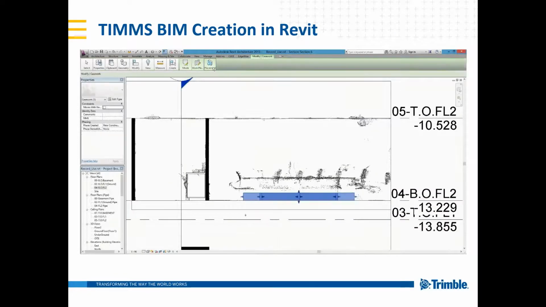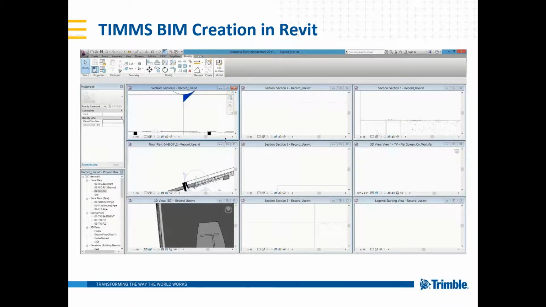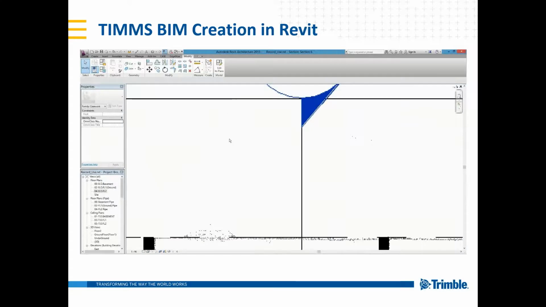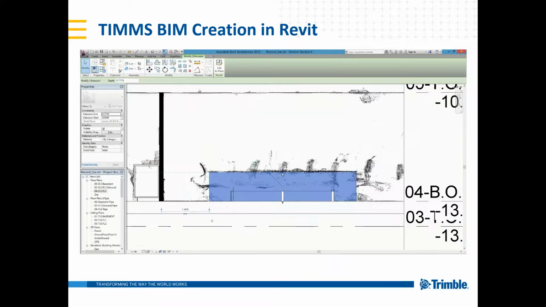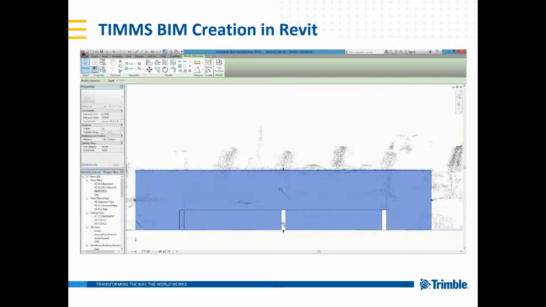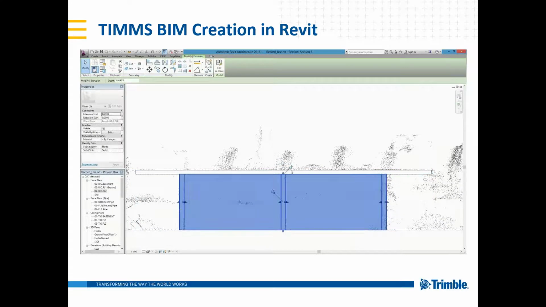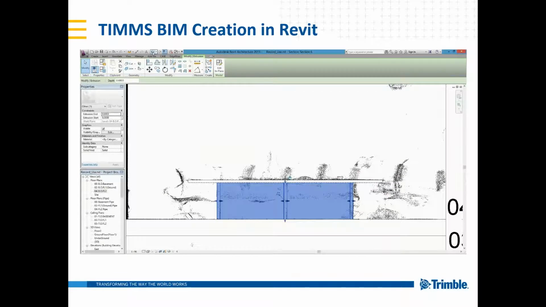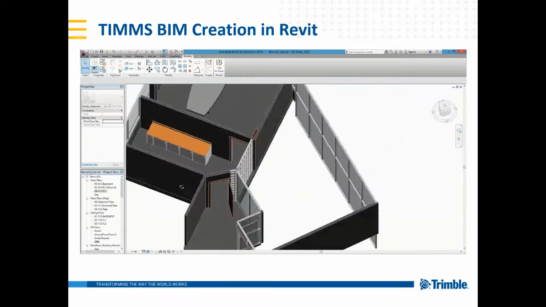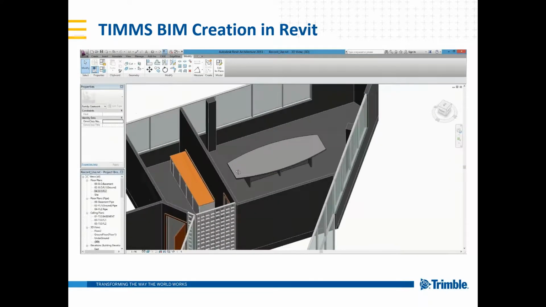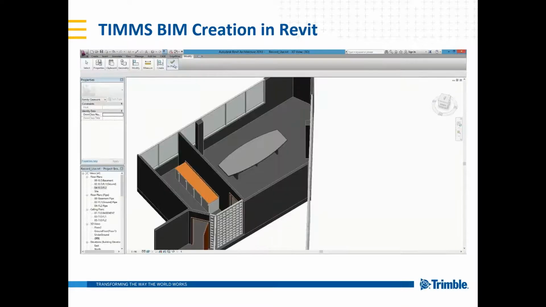So he's modeled the table and then gone to a cross-section view to make sure that he's got the height right. All right. And we skipped some of the modeling, and he's done some extra work there just to make the model more